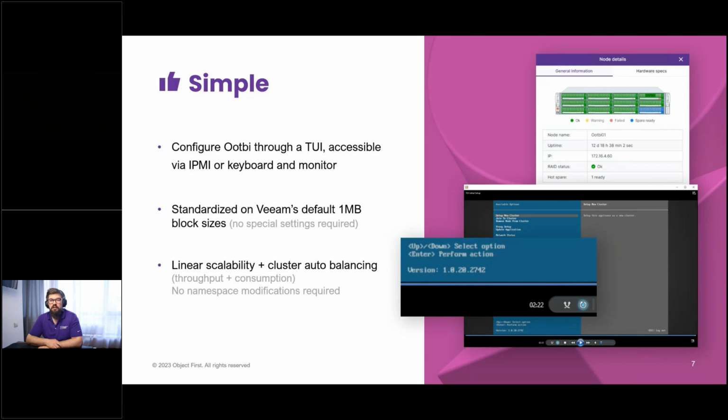And performance, I will highlight on the next slide, is for 1 megabyte block size. If you enable 4 megabyte block size, you get twice performance, but also twice size of the backups. The logic on space savings is really close to ReFS and XFS. Yeah. Cluster auto balancing is there.